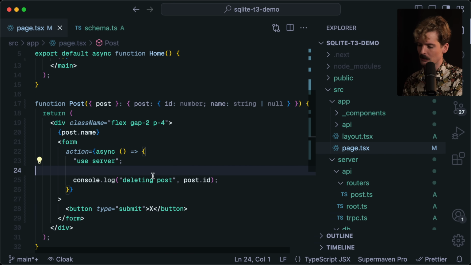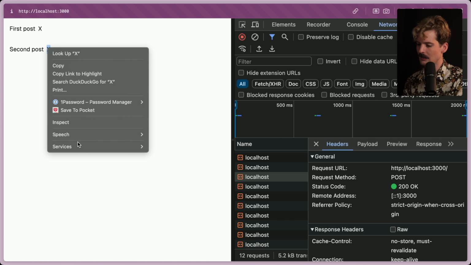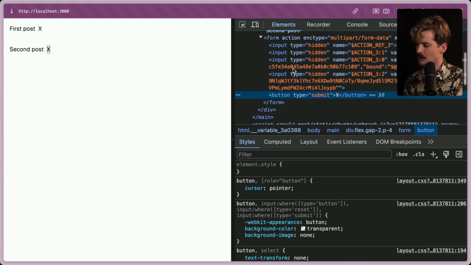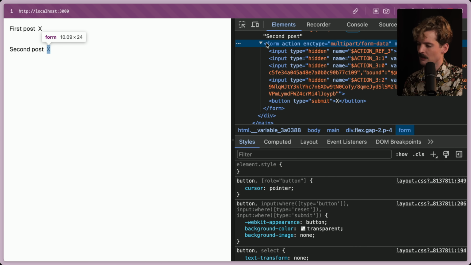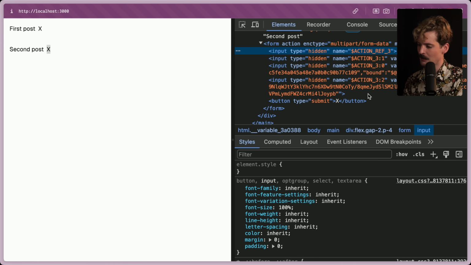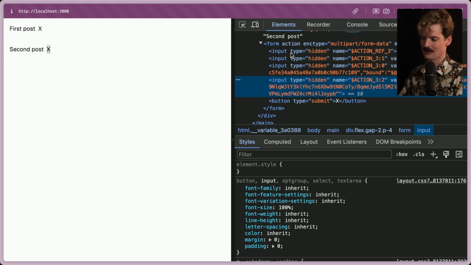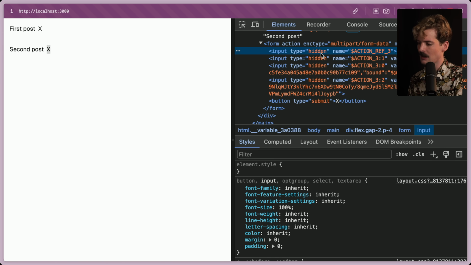That's where the magic of these closures comes in, because React knows when you pass post and then you use it here, that it's being used for this action, it will actually silently embed it inside of the element. So in this form action, this form itself has these hidden inputs in it that tell React which of the functions it should run and which variables it should have access to. They're all encrypted because they don't want users to have access to data here that they shouldn't have access to.